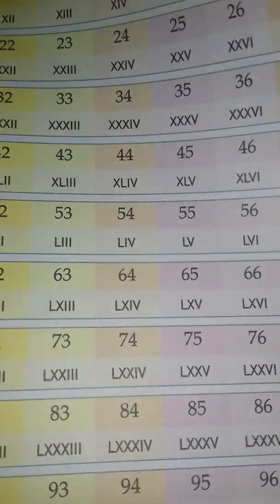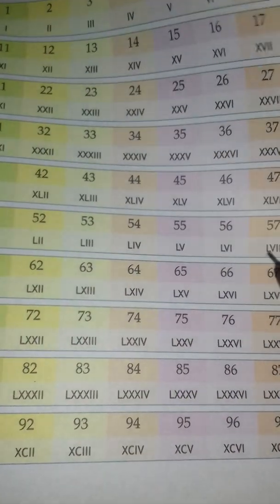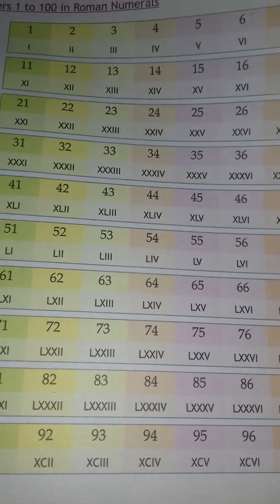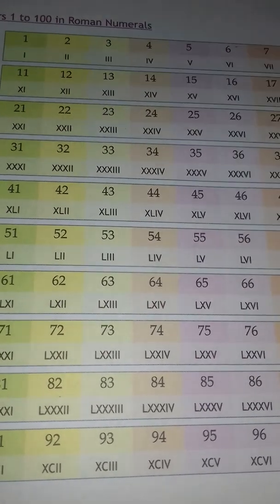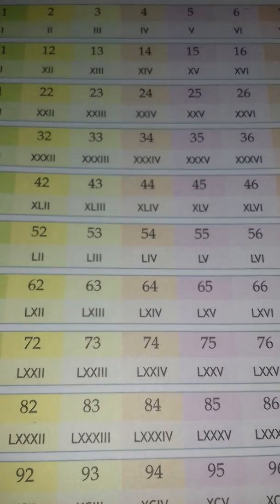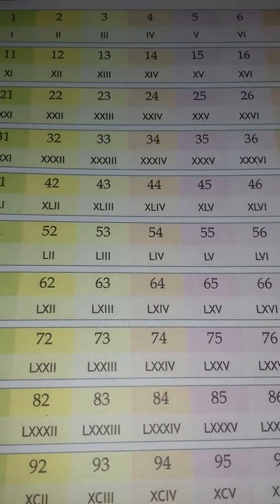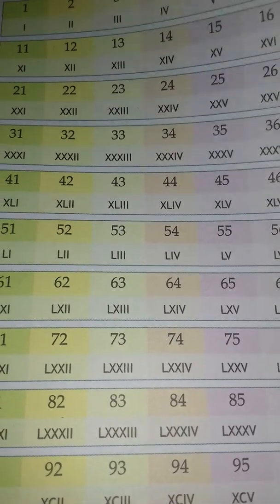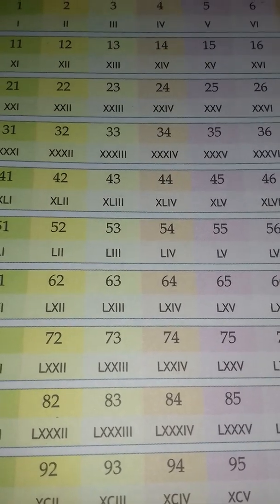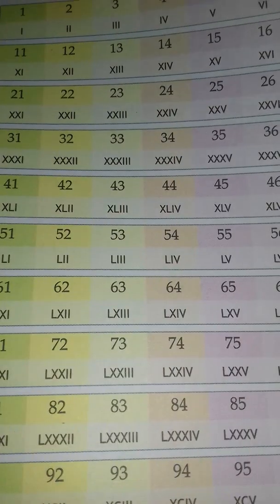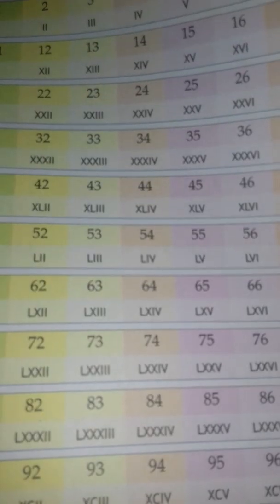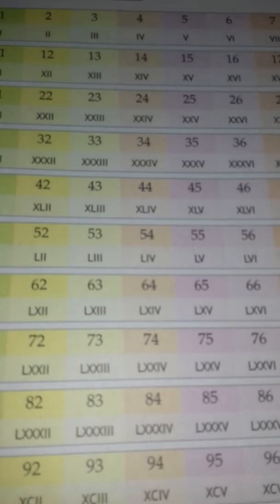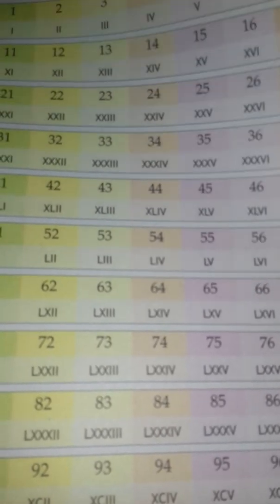So if we follow these rules carefully, whether the numbers are large or small, we can do it very easily without any mistake. So as we have discussed almost all the basic rules to form Roman numerals in the Roman number system, in my next video we will do the exercise work based on the Roman numeral system.